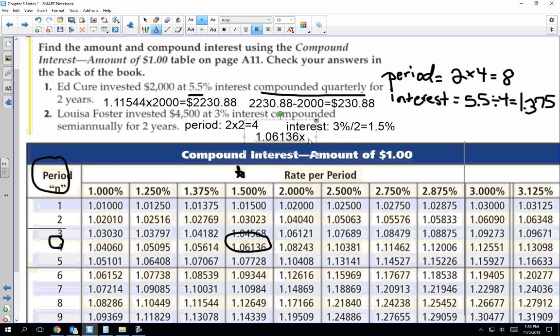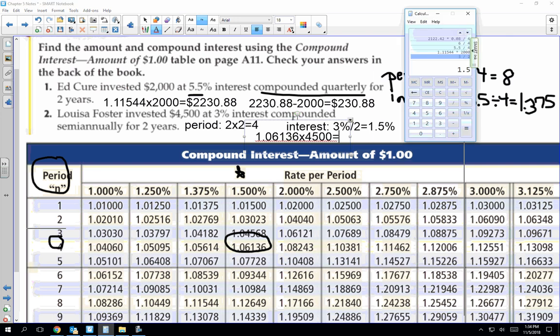Yay! We have $4,500 in there. So when we multiply that out, you get 1.06136 times 4,500,